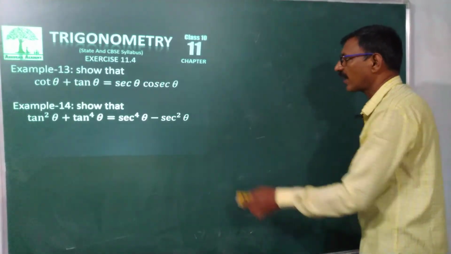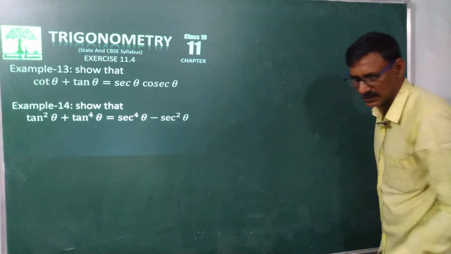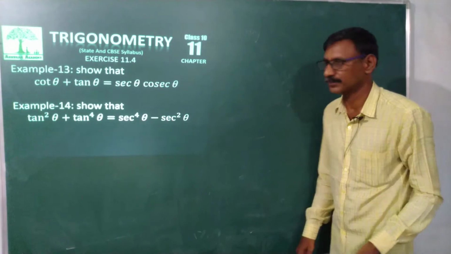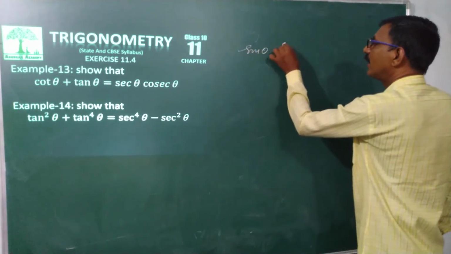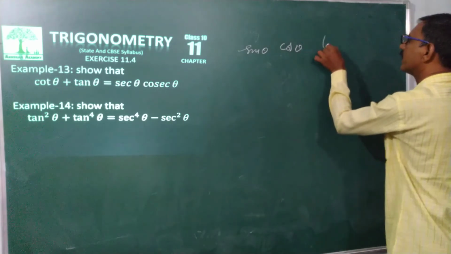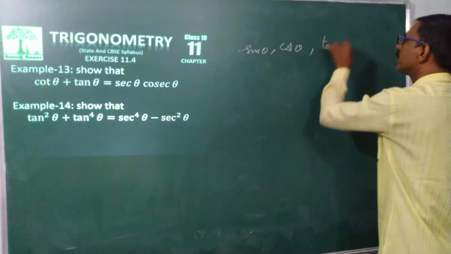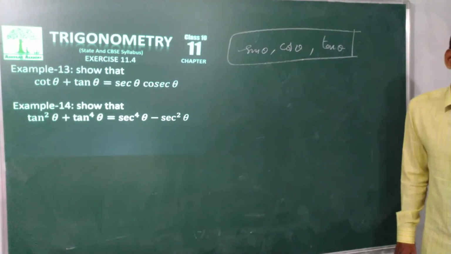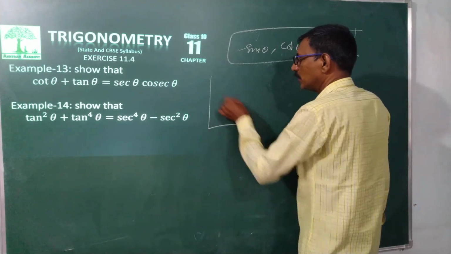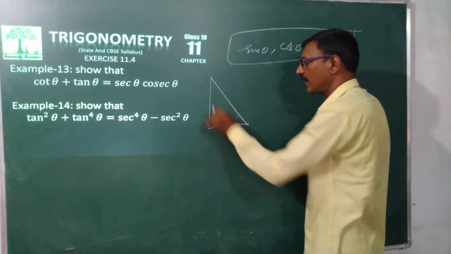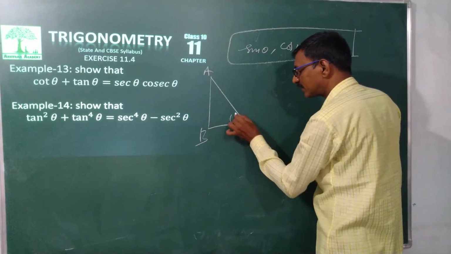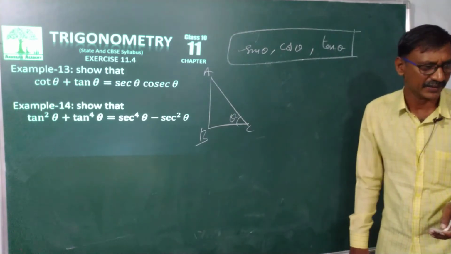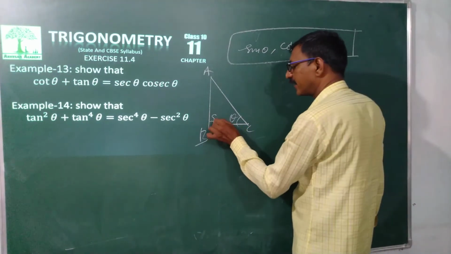Here also I would like to explain some important relations between sin, cos, tan. I would like to find sin theta, cos theta and tan theta, and the relation between these three ratios, with the help of a right angle triangle again. Suppose this is my right angle triangle ABC. Say this is some theta. This is my acute angle because it is always less than 90 degrees. This is exactly 90 degrees.